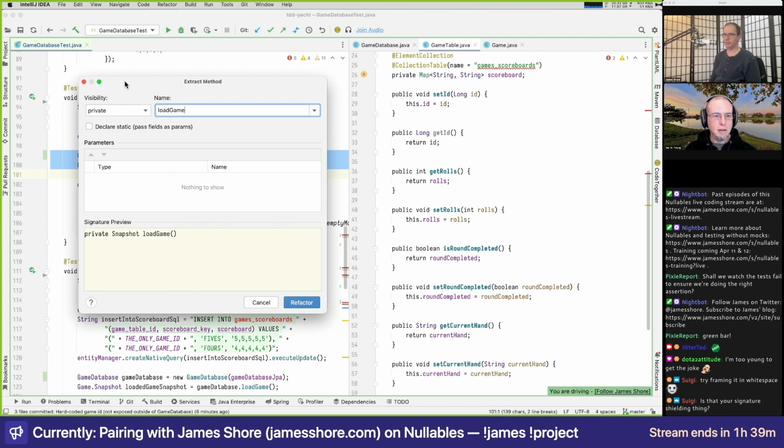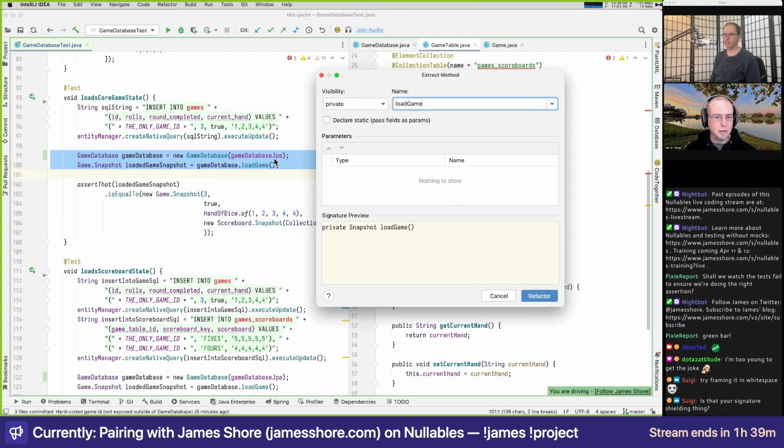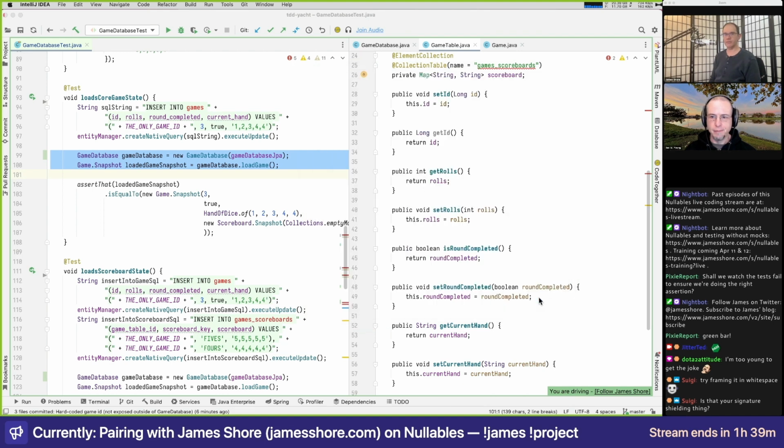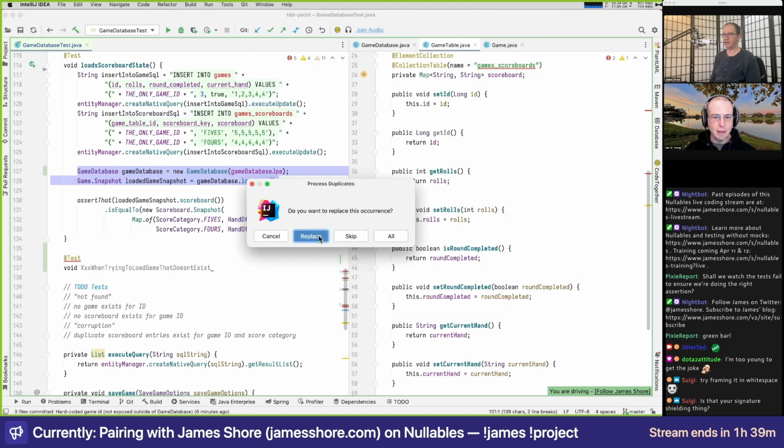So we could either, and this is a preference thing, since game database JPA is a field, we could create it not as a static method, and then we don't have to pass any parameters. I would prefer that. Yeah. We'll just pass as a static. And then we can replace that one.